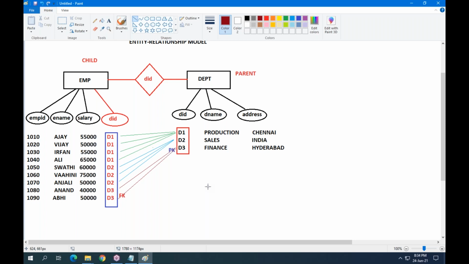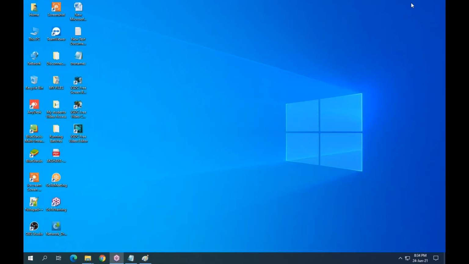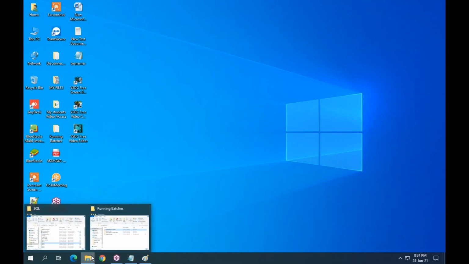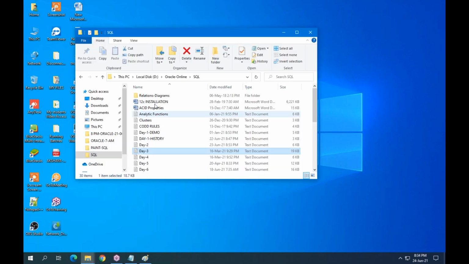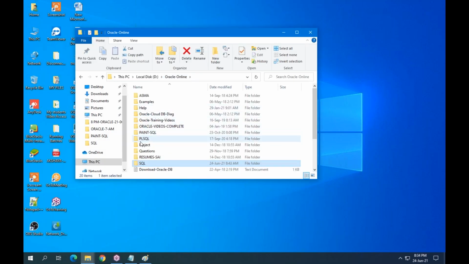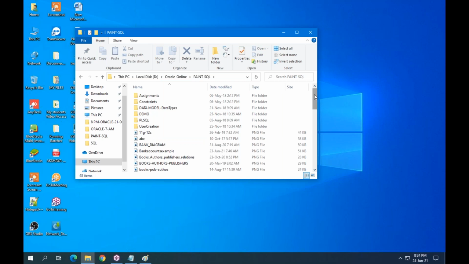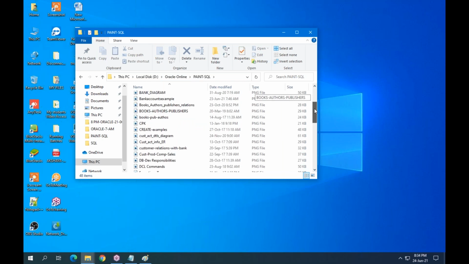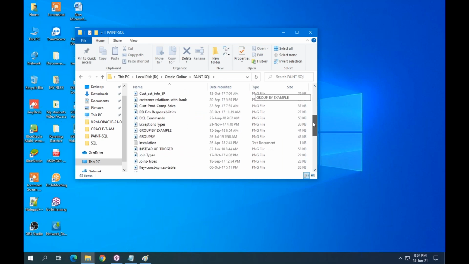Of course, I am taking employee and department. If I consider a parent and child table like a product and a company, as a general non-technical person, then definitely you will understand very easily. So let me check whether the diagram is available or not.